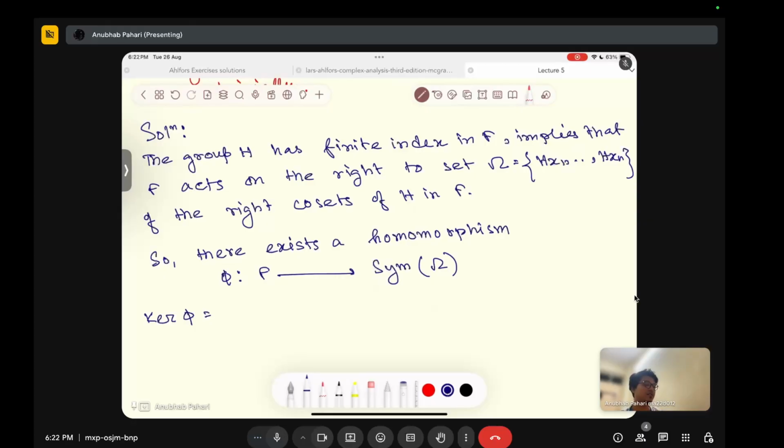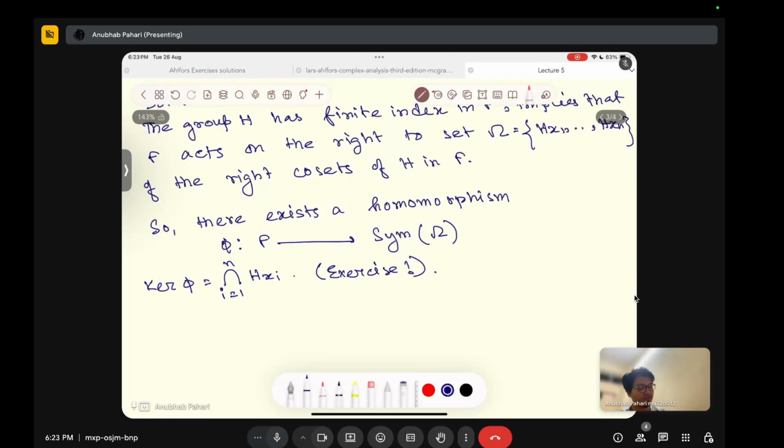The elements of F which go to the identity of the symmetric group. So this means that this is nothing but the intersection of the Hxi, right? Because if you multiply them, then they go to the same element. If you cannot solve with this, then this is an exercise you can check, but this is trivial. Hence,